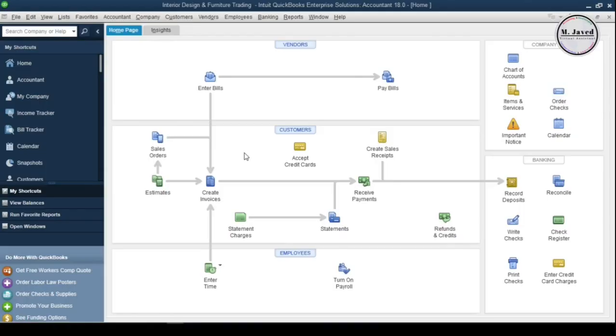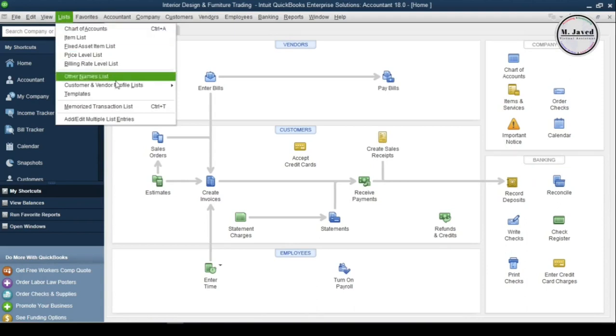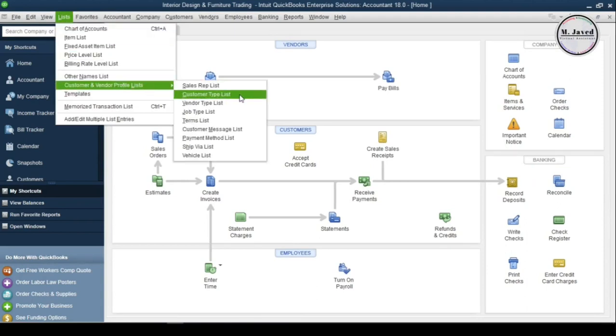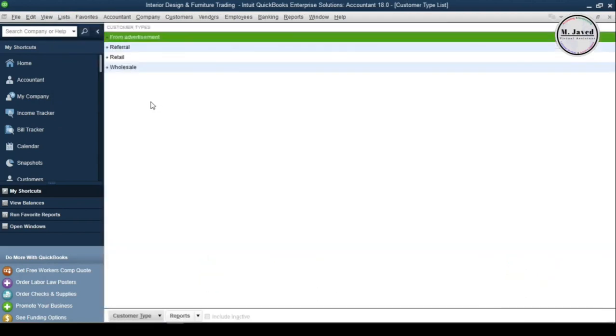Well, before adding customer profile, it's a good idea to define what type of customer we are entertaining. Click on List menu and select Customer Type List. Well, QuickBooks has already added a few types here, and if you are okay with them, just leave it as